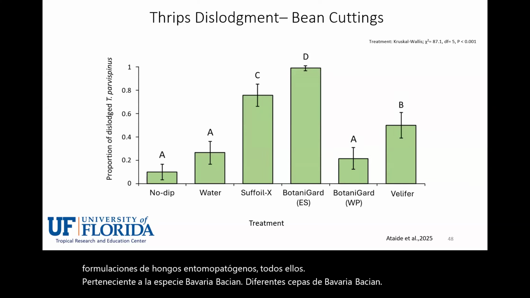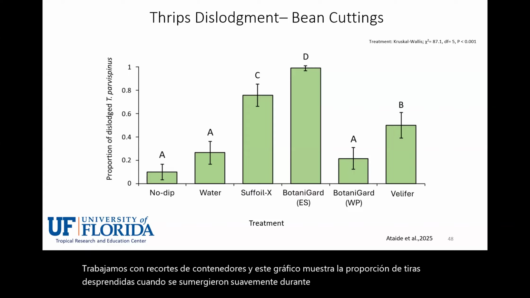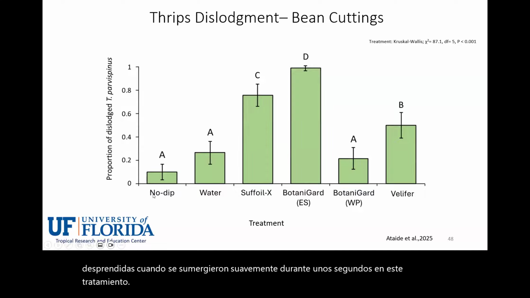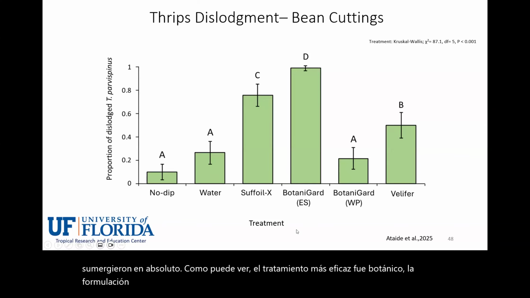We worked with bean cuttings, and this graph shows you the proportion of dislodged thrips when they were dipped gently for a few seconds into this treatment. We also included water and one treatment where the cuttings were not dipped at all. As you can see, the most efficacious treatment was the liquid formulation of Botanicard, followed by the mineral oil